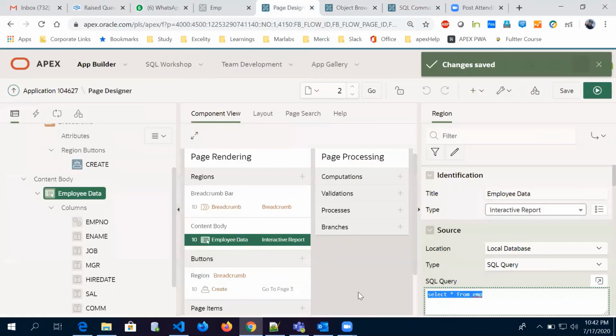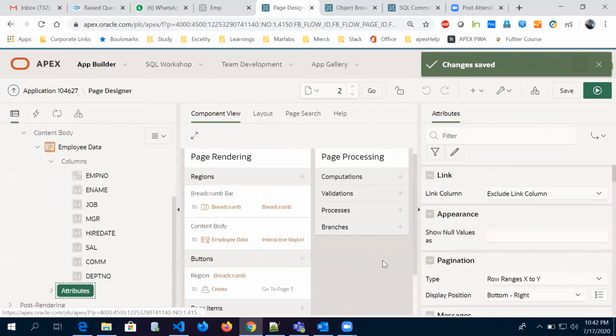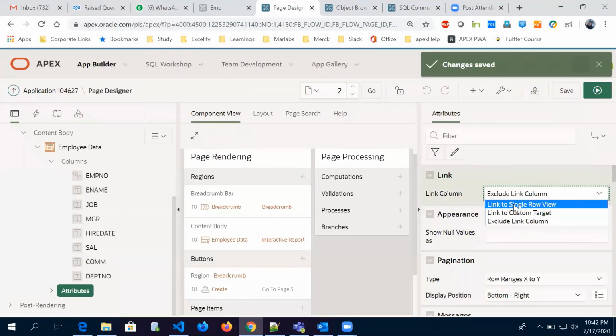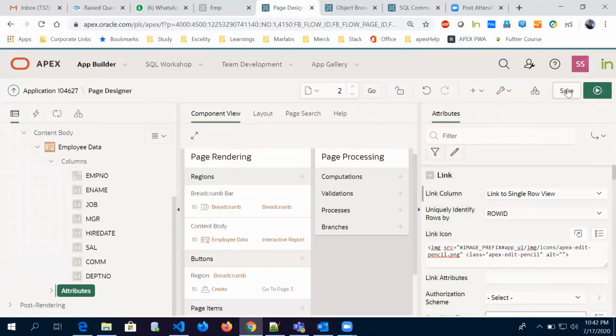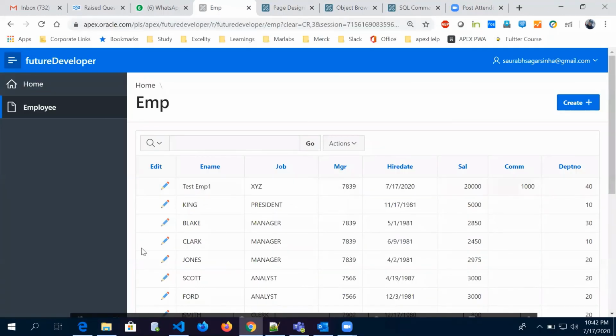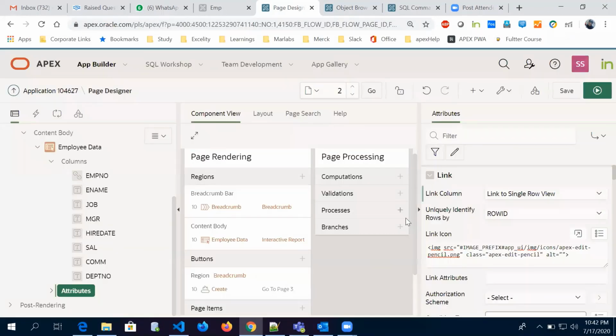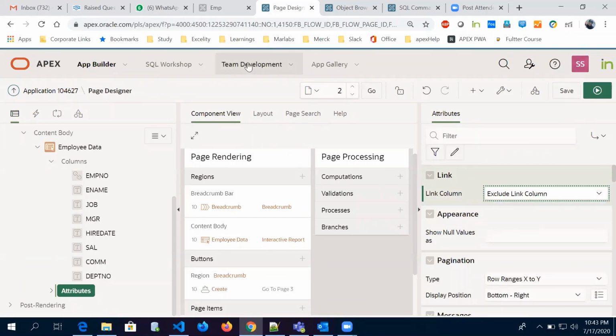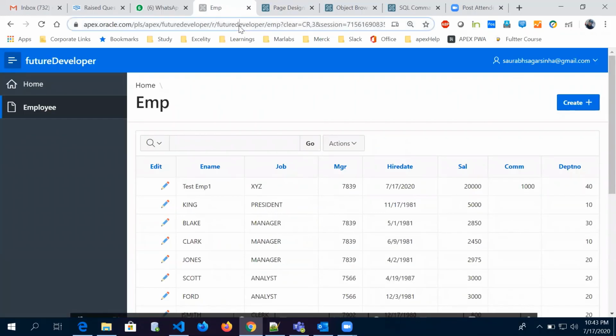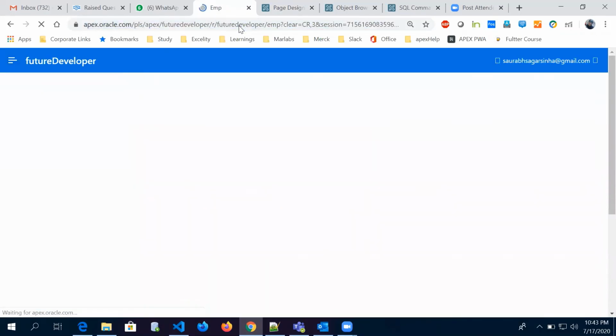The other way is when you click on this interactive report, here we have an option: exclude link, include link, single link, and all those things. I'll explain this later. That's why I've not told you. So you can do it. You can give a link here, and this thing will be getting created, and a link will get created over here. So that can also be done from here by this approach. Okay. So here you have two ways. But yeah, for your answer, this is the thing. Any other question?